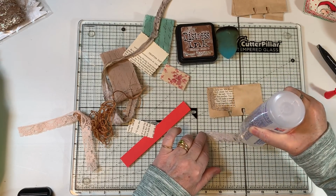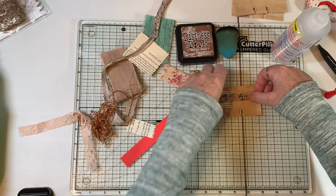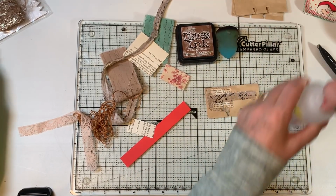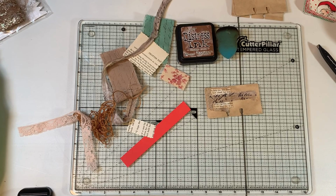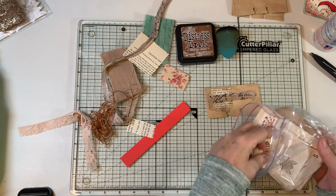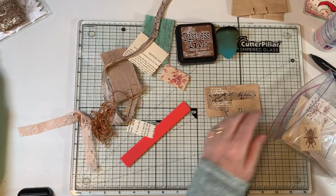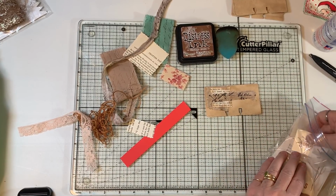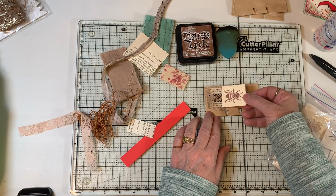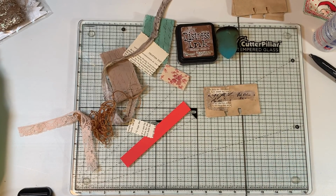Now, I'm just gluing. You could sew this too, but I'm just gluing for today because we're just kind of quick, like doing a couple of things. I think though, maybe. So I'll show you what I was thinking for the focal point but it might be too big, is I was thinking about this bee, but that's too big. That's going to have to be maybe not. What about,